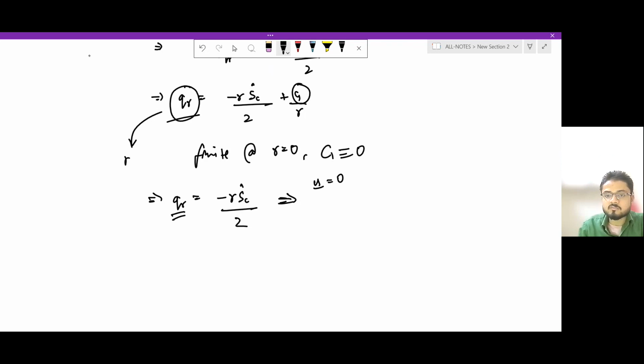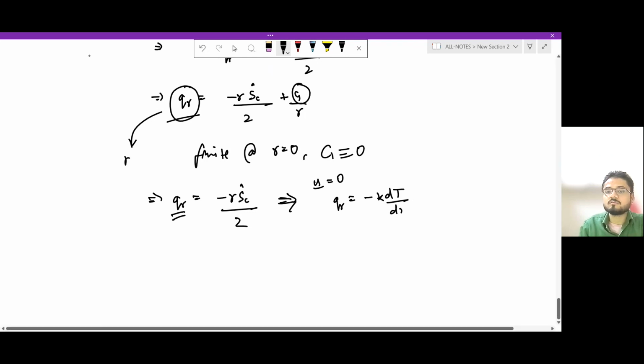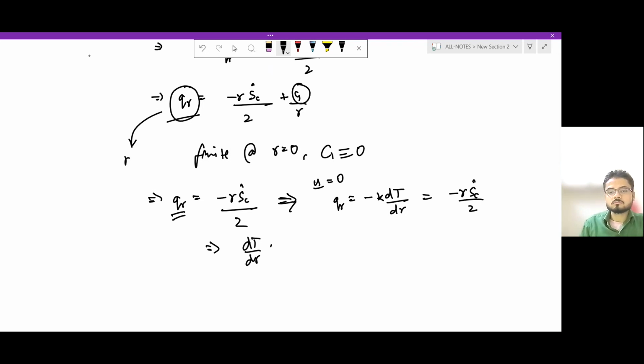So if we only have heat conduction in the system, we can always write that Q_r is something like minus k dT over dr. And this is identically equal to r S_c dot by 2. So this becomes, and T becomes